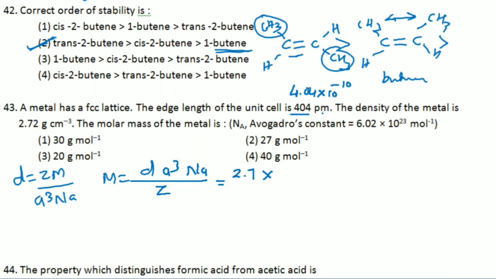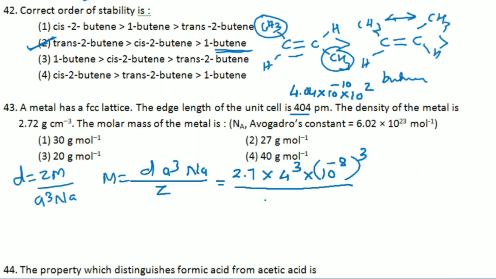So that gives 10 to the power minus 8. I will write it as 4 cube into 10 to the power minus 8 cube